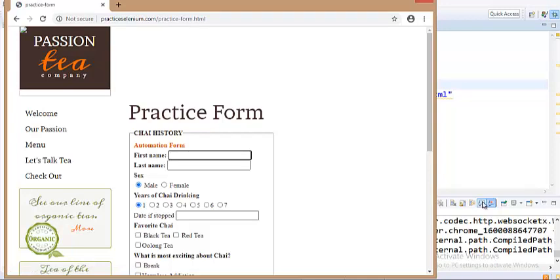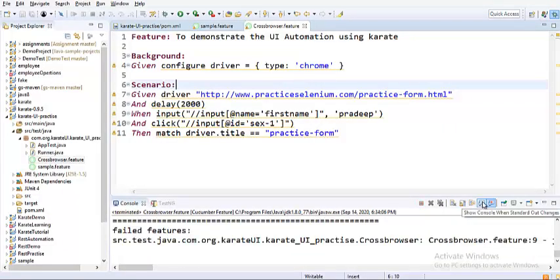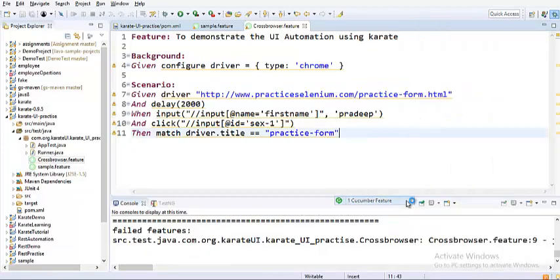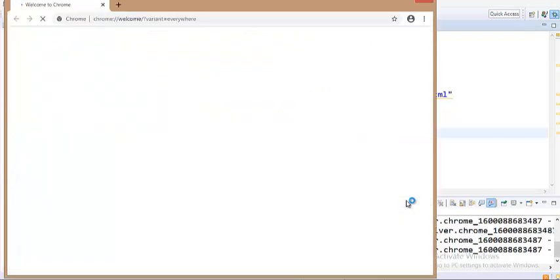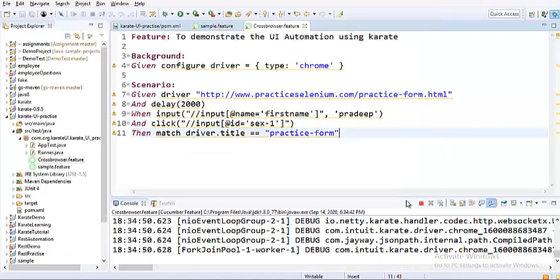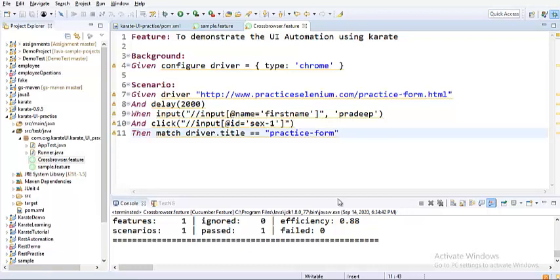So what happens is that at times I do see the scripts are failing and there is a lot of flakiness. You see, the script has failed for some unknown reason. Without doing any change, if I happen to run this again, you see this will get through. I do see this quite many times, and sometimes it automatically gets through. You see, the test case passed and I have not done any changes. Since this is just developed, I think we will certainly be having some issues. We'll get to know more when we raise these issues in GitHub and let them know, so that we'll have a fix.